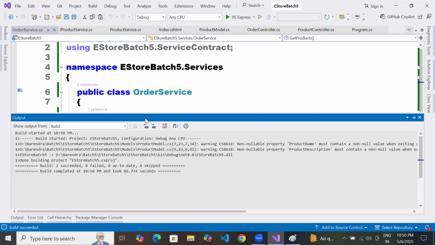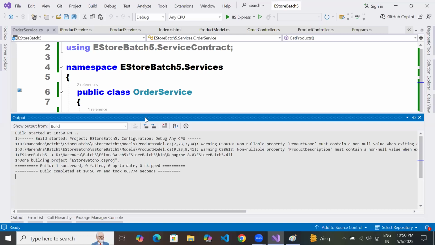I think I learned this one from you today. Something new. So now we are able to get that order service method in the controller.